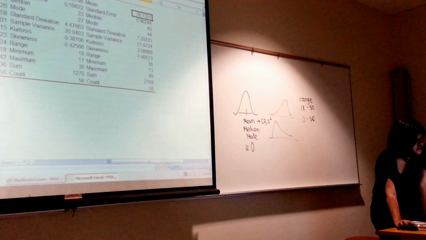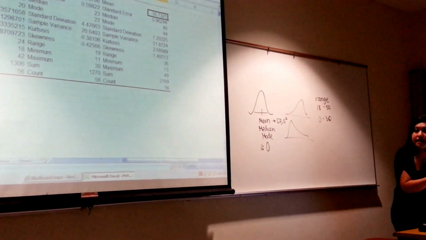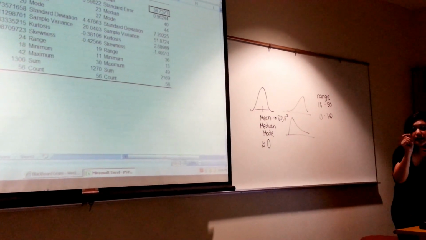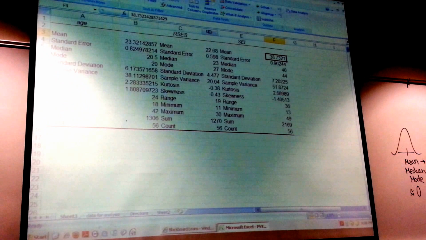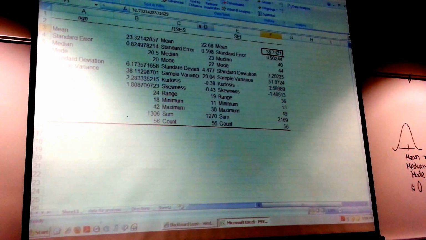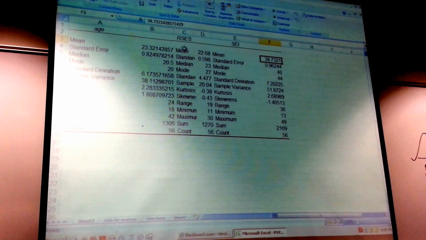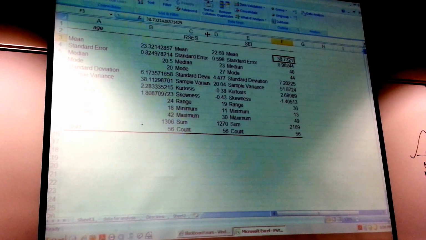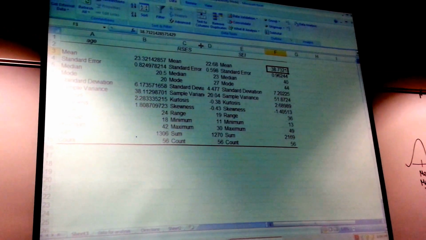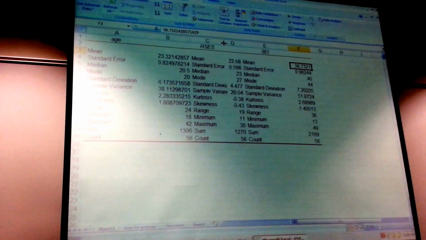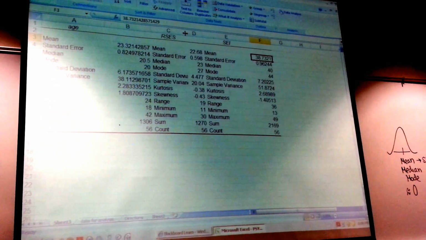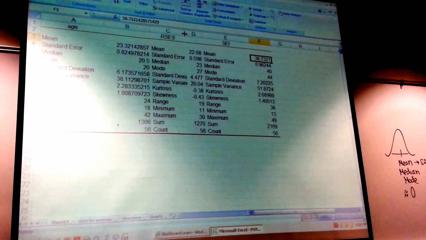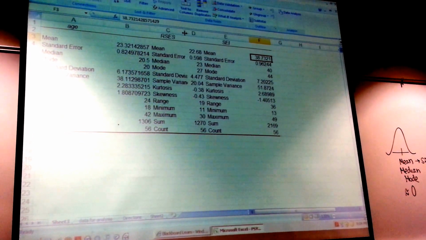So you're going to actually go ahead and do that where you highlight descriptive stats, click labels in the first row, click summary statistics, and you get this. Now, did you see me when I did this? In Excel, you can change the width of the columns. So if you get this and you can't tell, you just need to expand it, which is important because the homework requires you to print all this information and bring it to class on Tuesday. So make sure that you expand the columns so you can see the labels. Okay? Because when I ask you to identify what's the mean score for age, you would have to put it